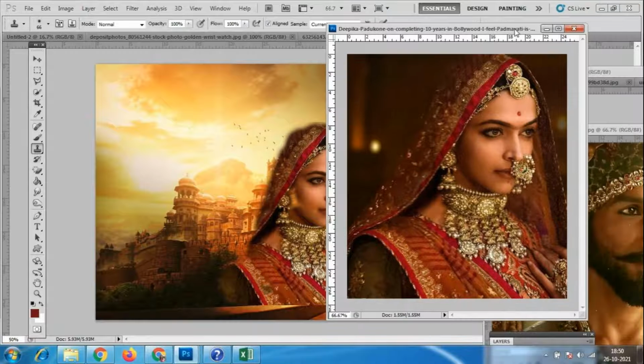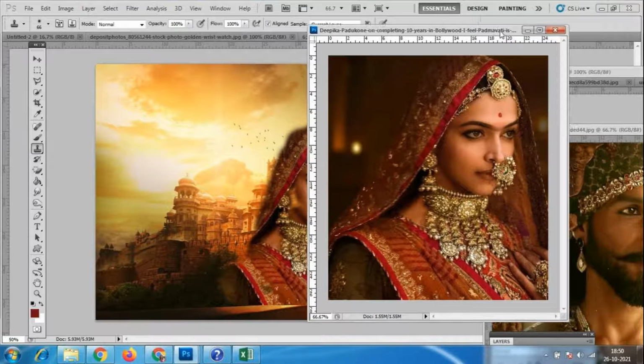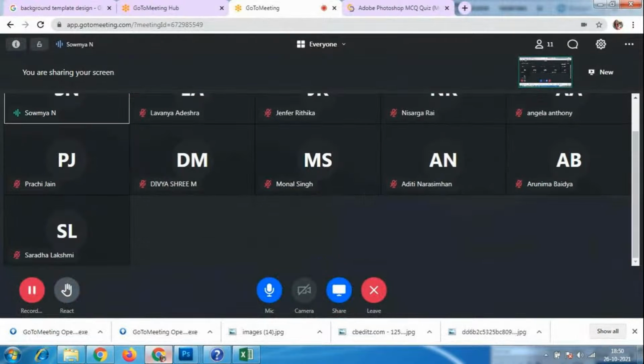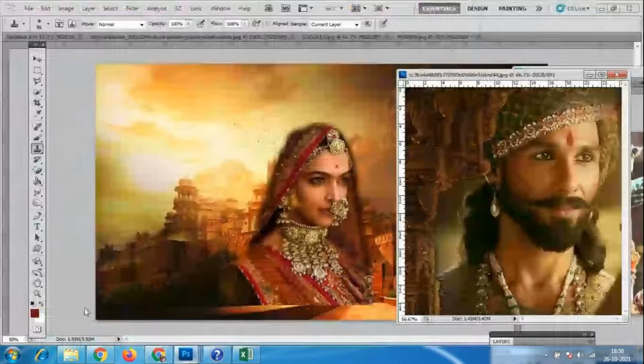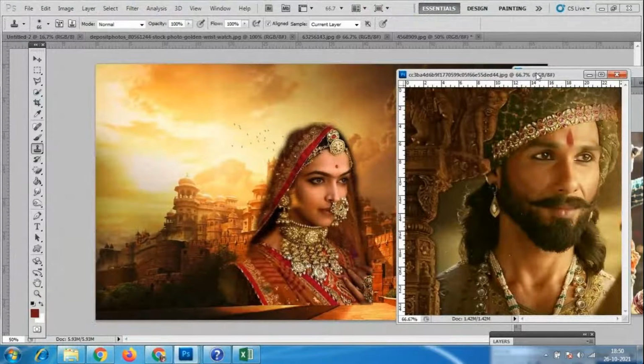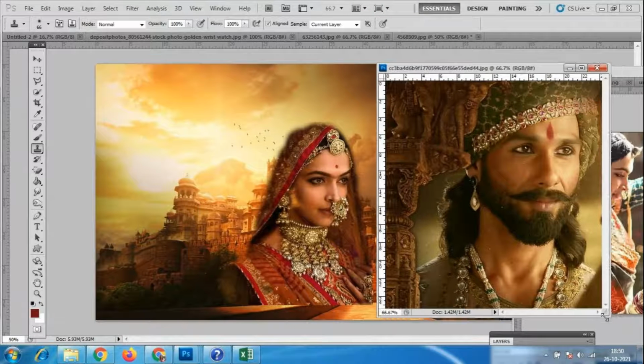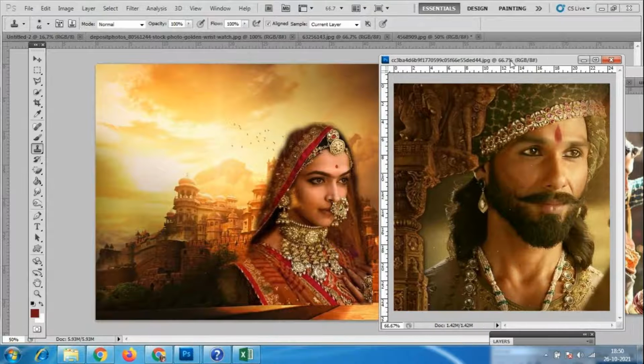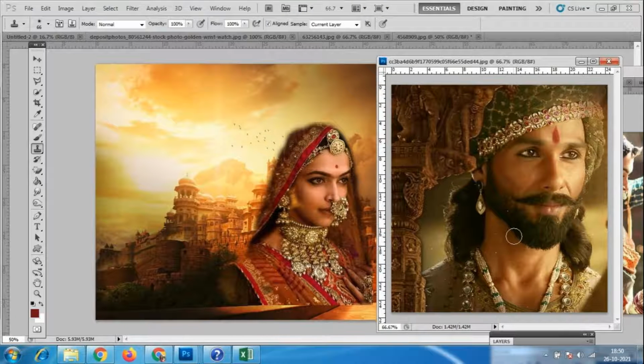I'll just close this file, and so different sequences are there, like who participated in this movie. So again, what I'll do, I'll open this file and I will use alt and left click.